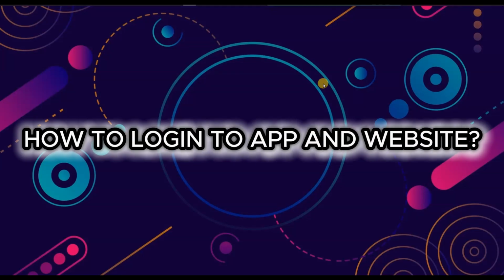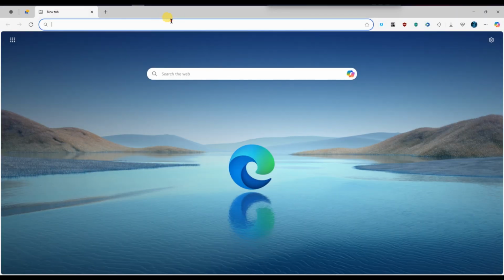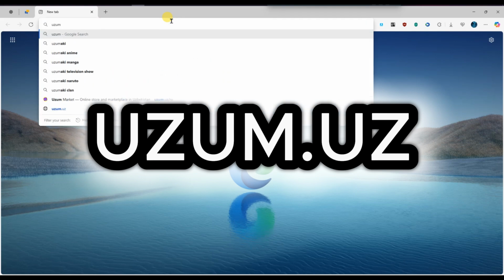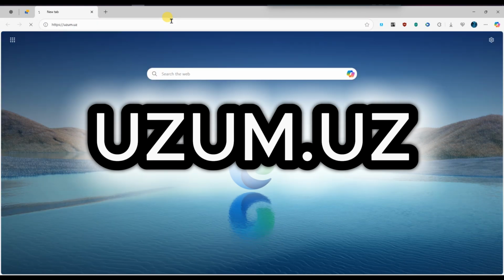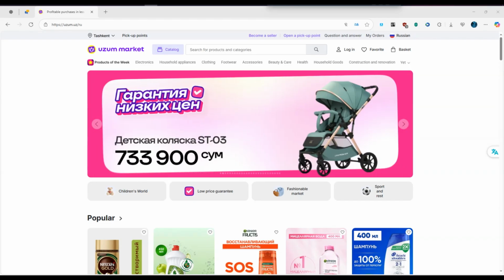How to log into Uzum Market app and website. First of all, open the app on your device or visit the official website at uzum.uz. Next, locate and tap on the login button, which is usually found at the top right corner of the homepage